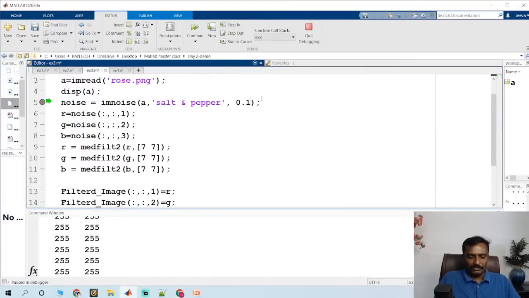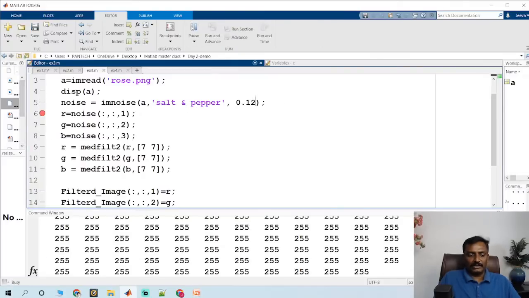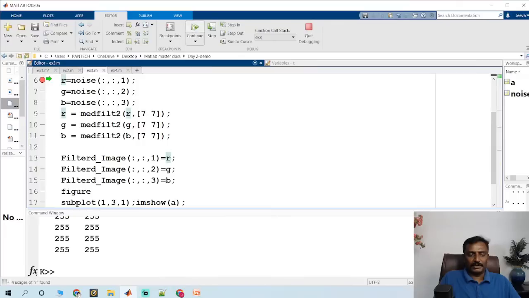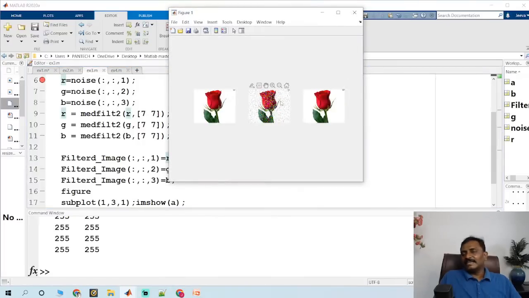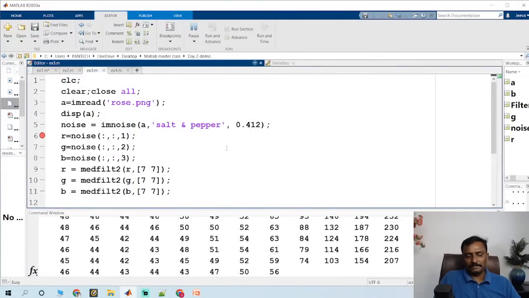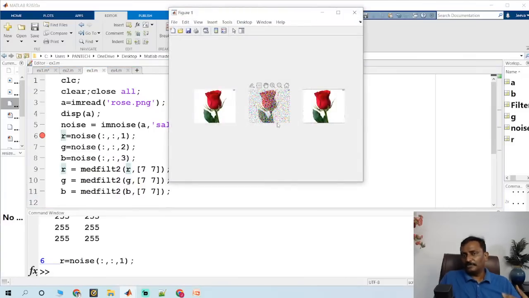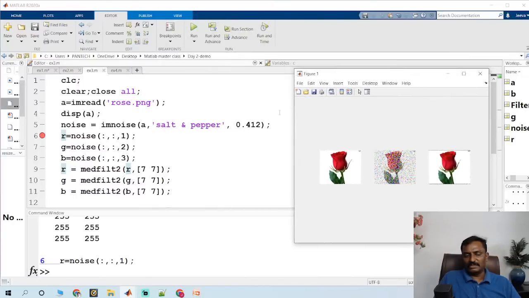Okay, so noise variance: if you add a very small number, very little noise will be there. It's just like putting more salt and more pepper. If you increase this, it means you are throwing more pepper and more salt onto the image. So noise variance is nothing but the quantity of salt and pepper which you throw on the image. This answer is for